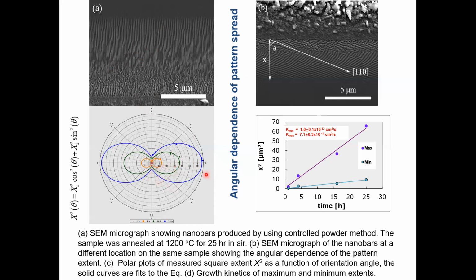So if we plot the square of this extent of growth as a function of time, along the max in this direction, theta 0, and along the minimum, where theta is 90, for example,